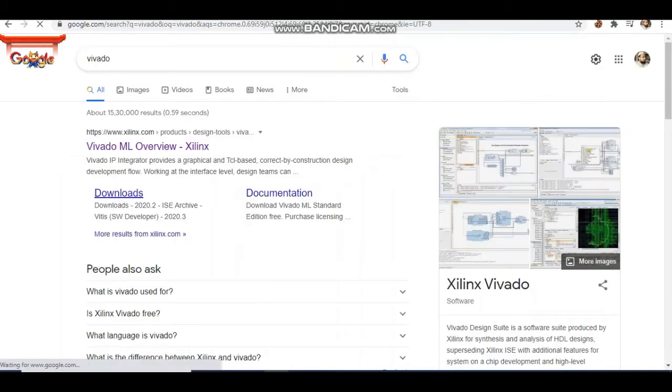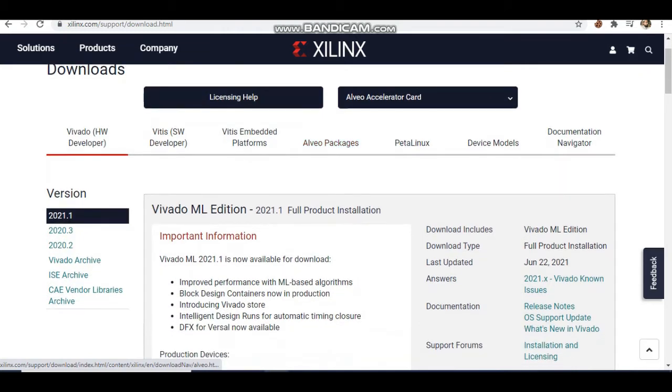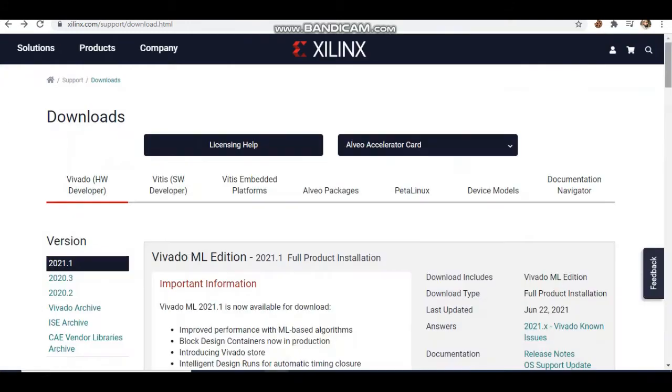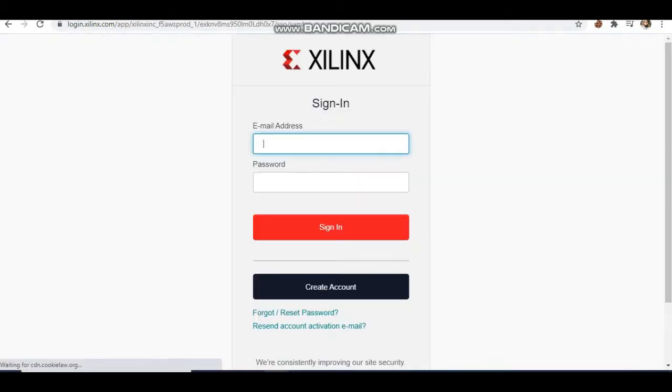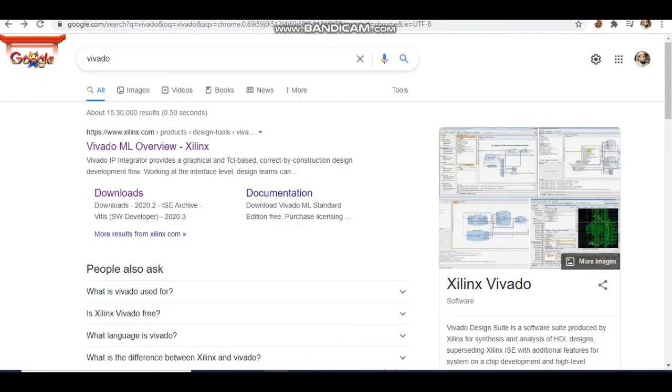Now I need to go to the download section, and after opening the download I need to log in again using the login register ID which I have just created. Now after getting logged in I need to again go to the Google Chrome tab and type Vivado. In the Vivado page, I need to go to the download section.